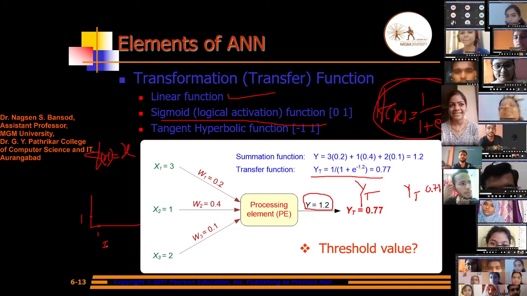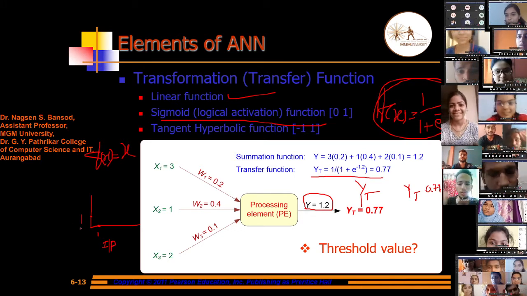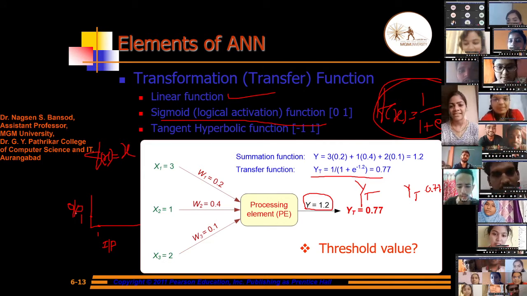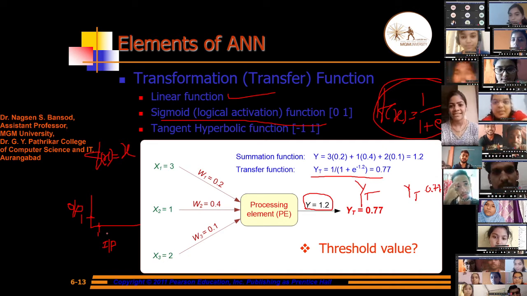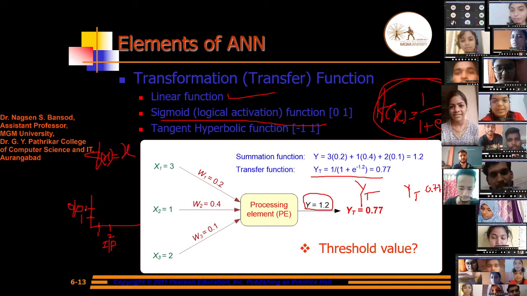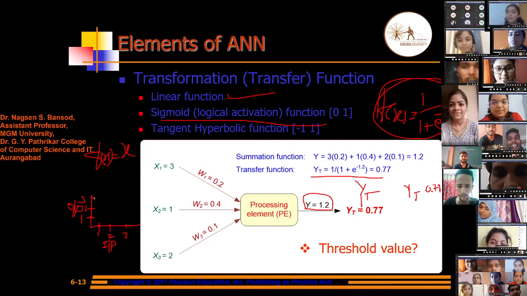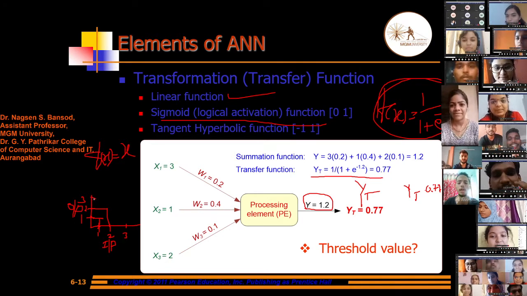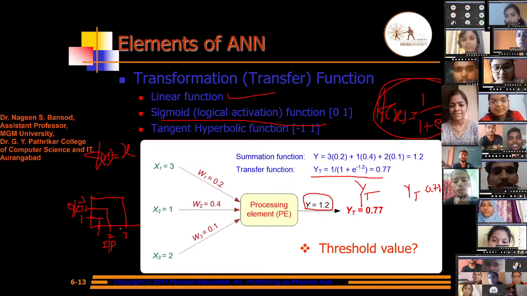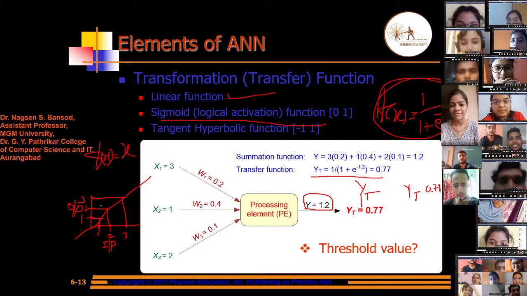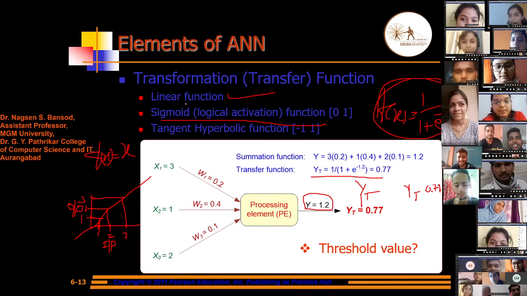Suppose here is the input and this is the output. Then here is 1, then 1. If we provide 2 as an input, then we will get 2 as an output. If we provide 3 as an input, then we will get 3 as an output. So we will get a straight line. We can classify our data linearly; it is linearly separable. Directly by drawing a straight line, we can classify our data by using linear functions.